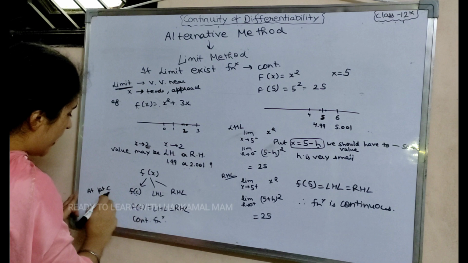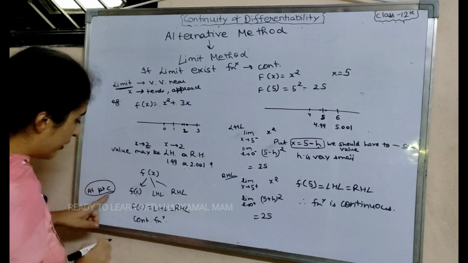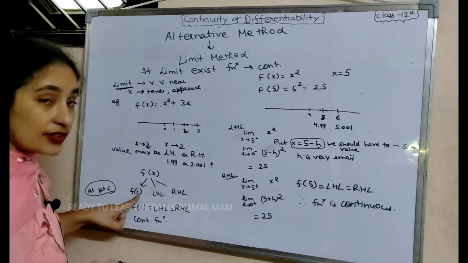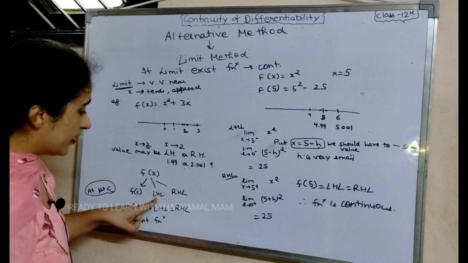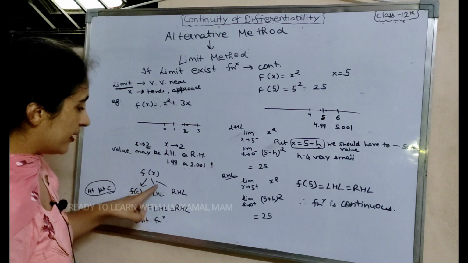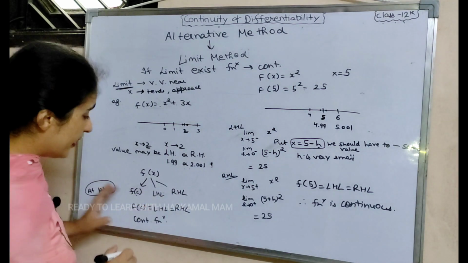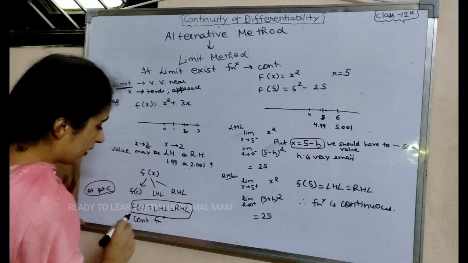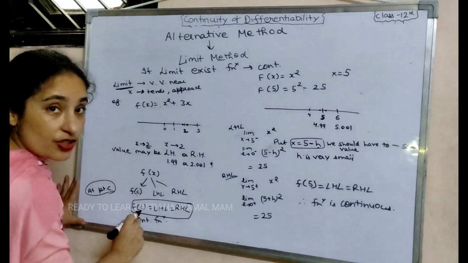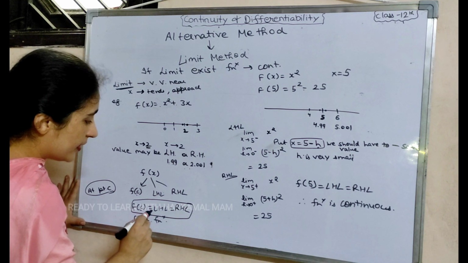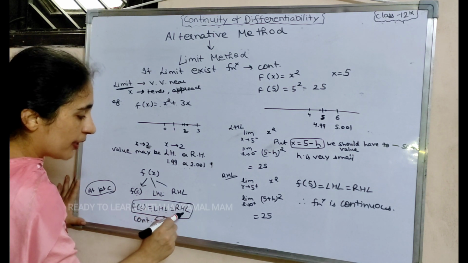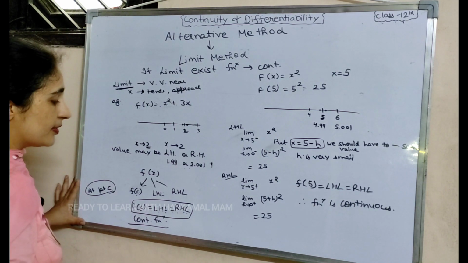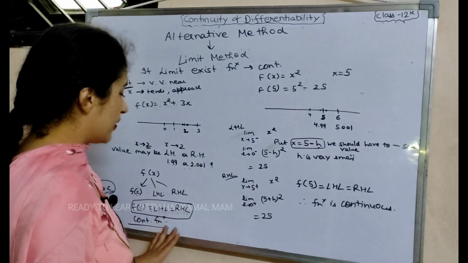If we have to check the continuity of the function at point c, we have the value f of c, then we take the left hand limit and the right hand limit. If these three values are same, f of c, at which we check the continuity of the function, is equal to the left hand limit, is equal to the right hand limit, then the function is continuous. For example, if we take the function